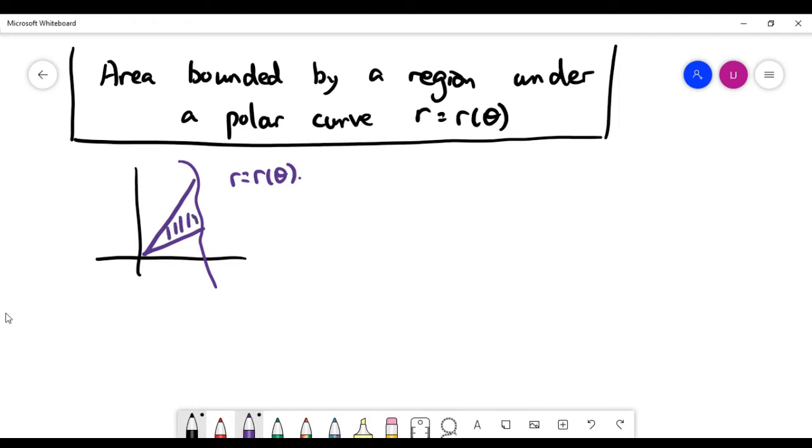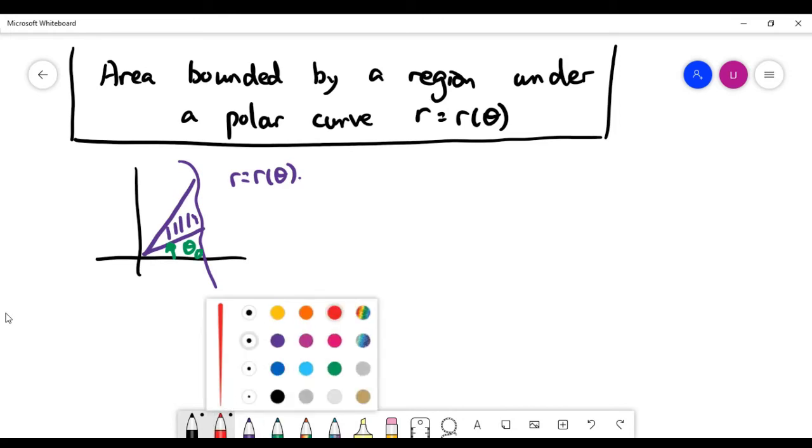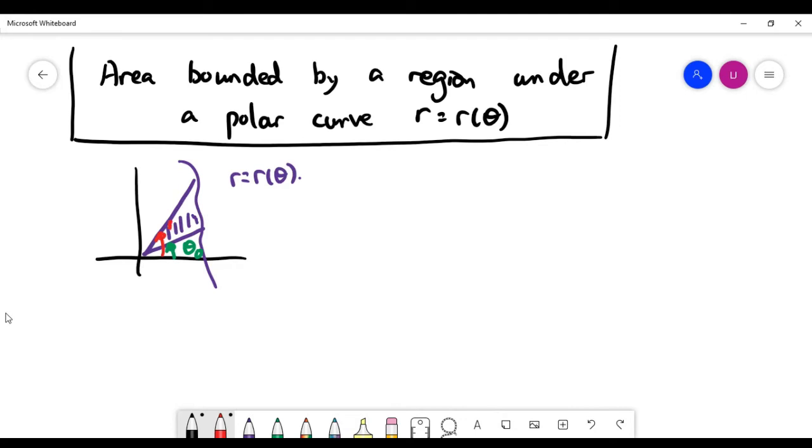And let's give some markings here. Let's assume that the angle up to this line is theta naught, and let's say the angle up to this other line is theta 1. And let's think about the area element in this case. The area element